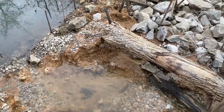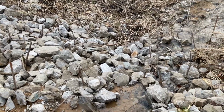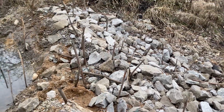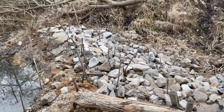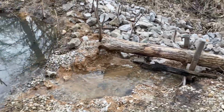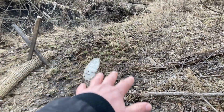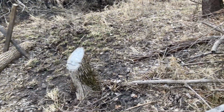And no, looks like a couple sprouts on the willow. There's a couple sprouts. Maybe they'll live. Wildlife have been crossing here. And it looks like it did what it was supposed to do. You can see here how the water flowed across this. So we're having stream widening and a nice